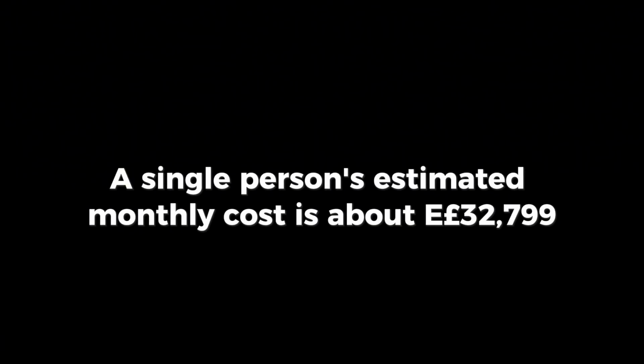Rent in Cairo is 95.2% lower than New York. A single person's estimated monthly cost is about 32,799 Egyptian pounds, which is 678 US dollars. A family of four's estimated monthly cost is about 80,076 Egyptian pounds, which is 1,654 US dollars. In this video, I'm going to discuss the misconception about Egypt, break down my monthly cost, and